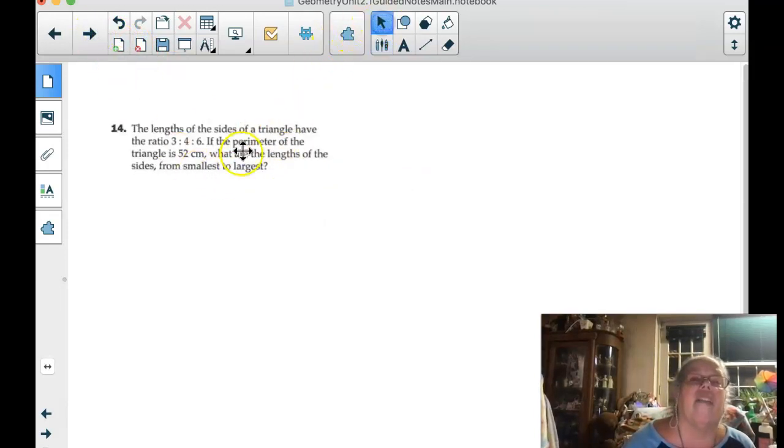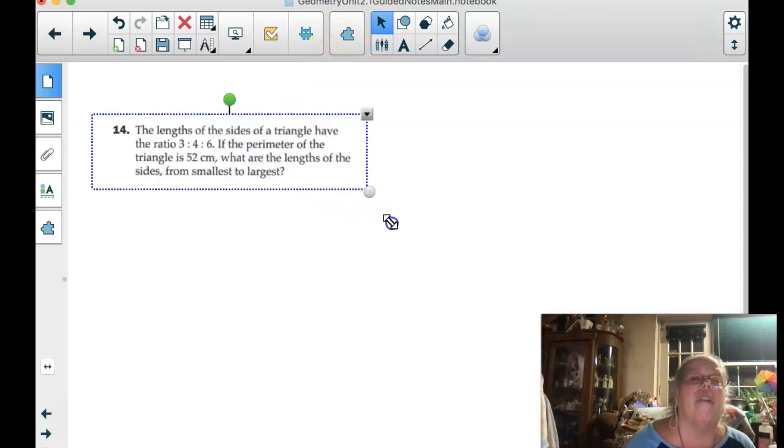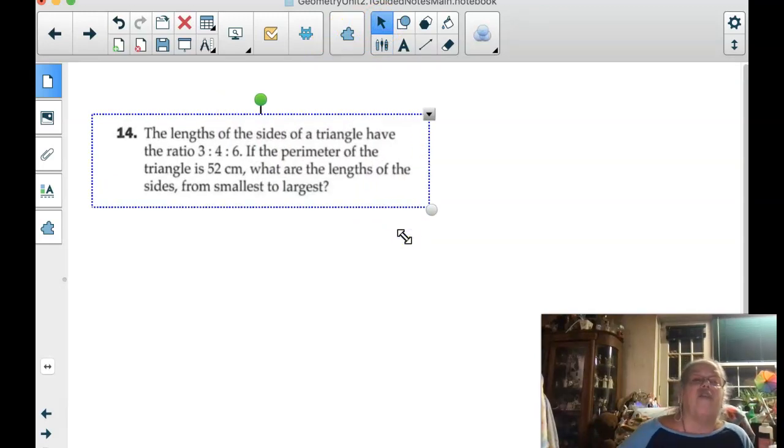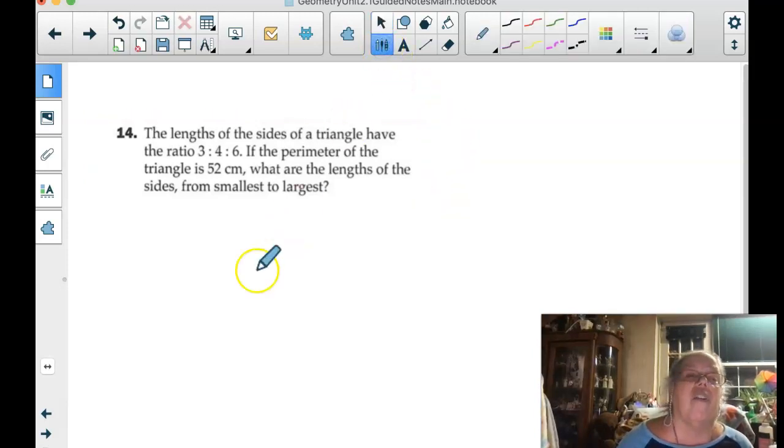Okay, this is another one that I love. The lengths of the sides of a triangle have the ratio 3 to 4 to 6. The perimeter is 52. What are the lengths of the sides from smallest to largest? This is where you throw in x's. You're going to do 3x. Okay, that's one side. Plus